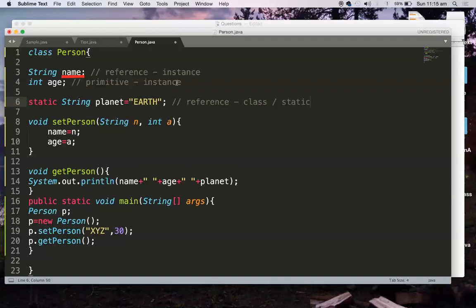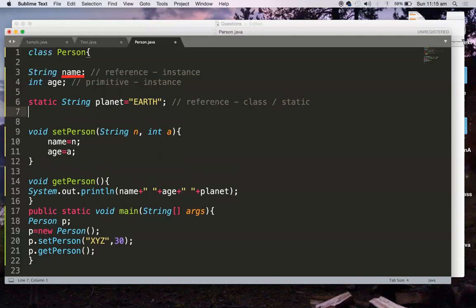And this instance variable can be reference type or primitive type. These static or class variables also can be primitive type or reference type. So let me declare one primitive type which is static.